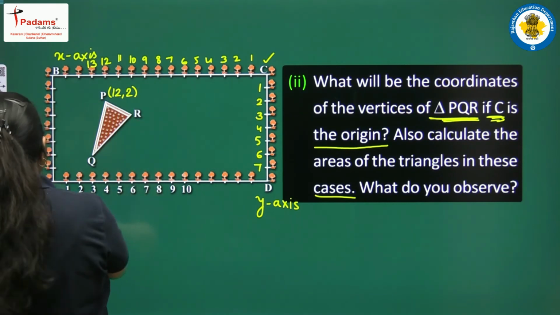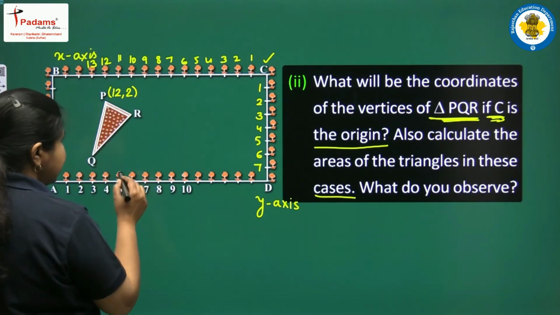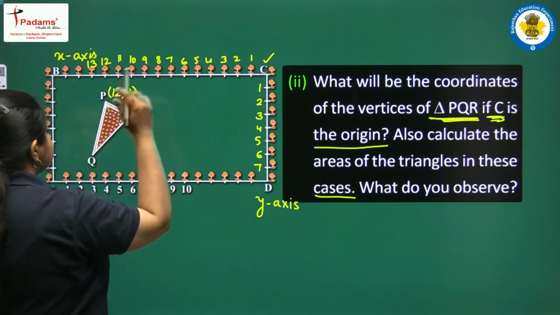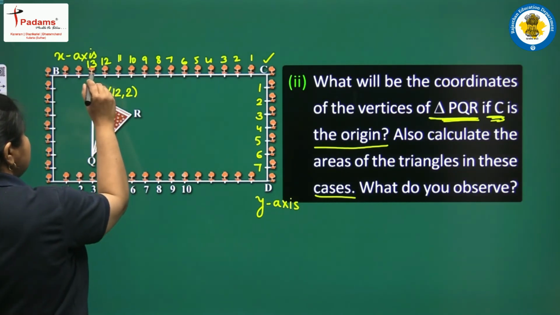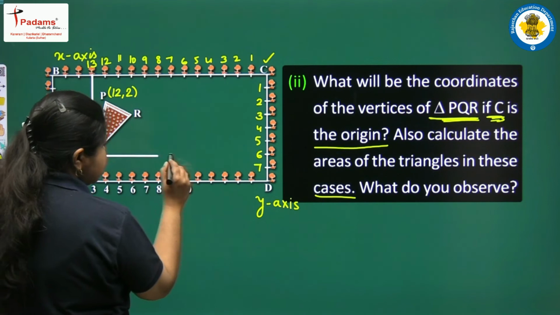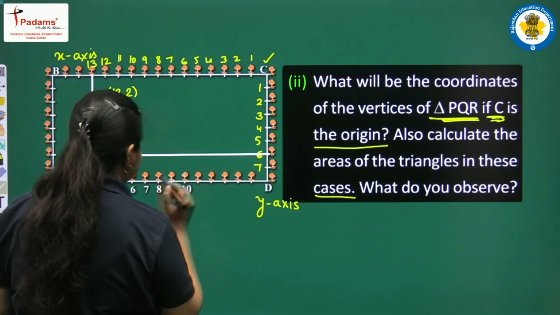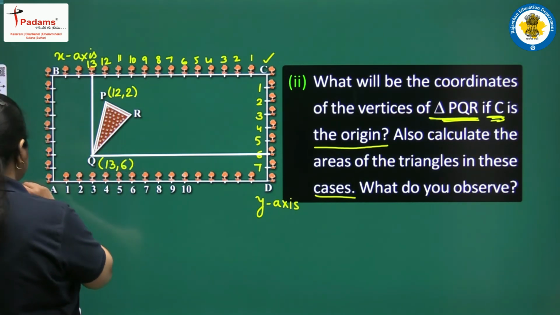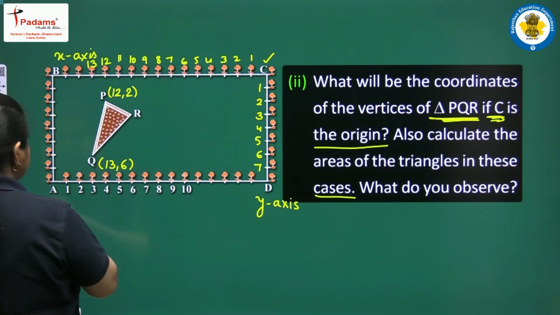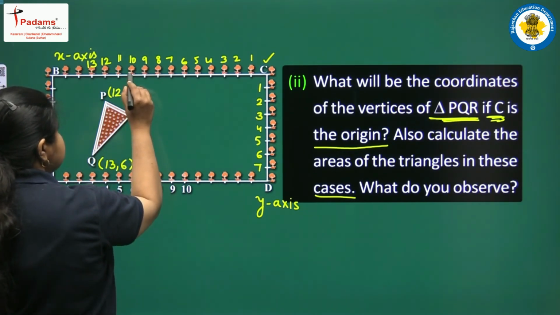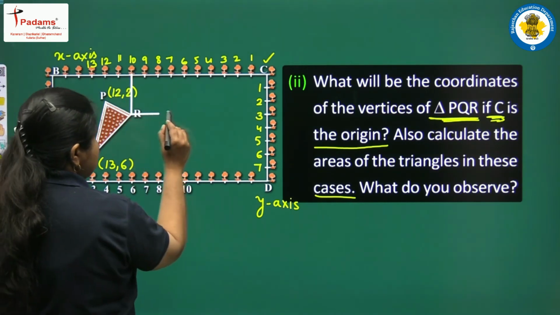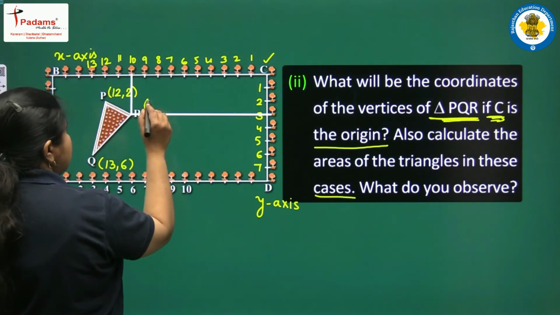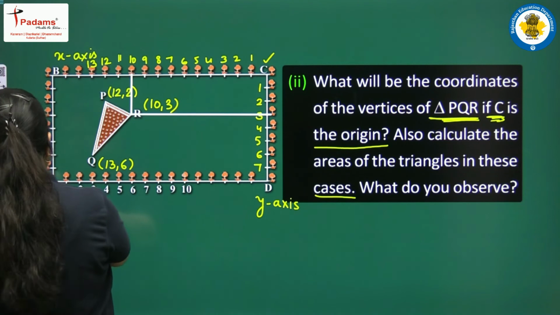I hope it's clear. Next we take point Q, फिर से हमें drop करना होगा perpendicular on x axis, और इस बार हम x axis ले रहे हैं ये ऊपर CB को, तो यहाँ से perpendicular drop करिए. ये हो गया आपका number 13, और y axis इधर है CD, ये हो गया number 6. तो यहाँ से हम coordinates लिख सकते हैं Q के 13 and 6. Got it. Next we move towards point R. Perpendicular drop करते हैं, ये हो गया number 10 आप देख सकते हैं, और यहाँ से perpendicular drop करें, ये हो गया number 3. So we can write the coordinates of R as 10 and 3,